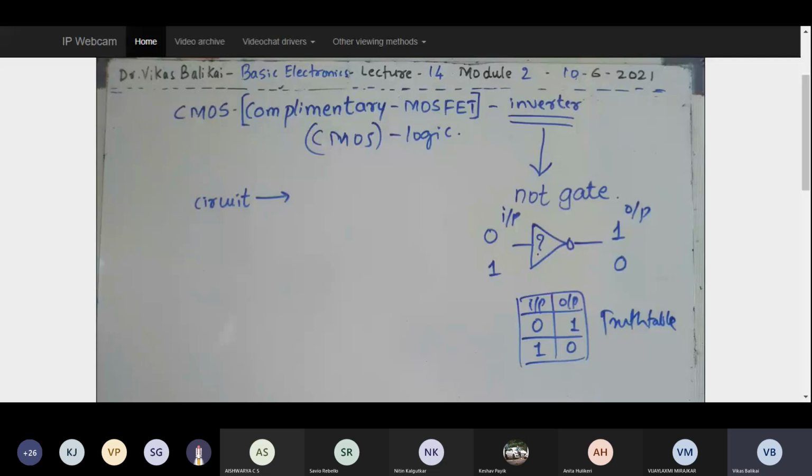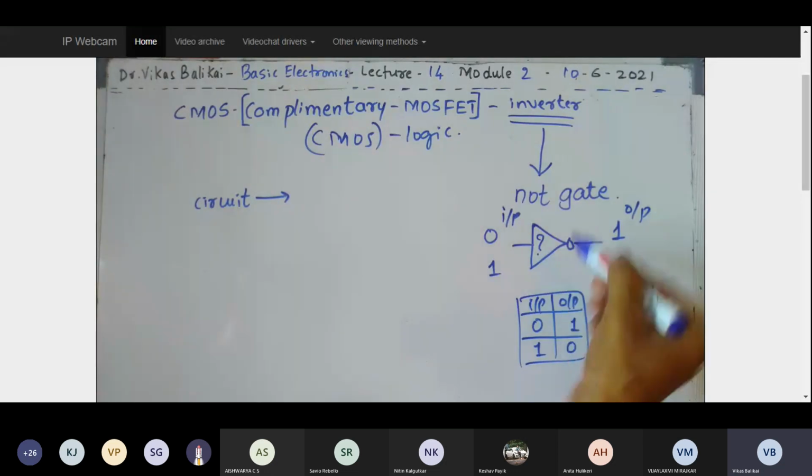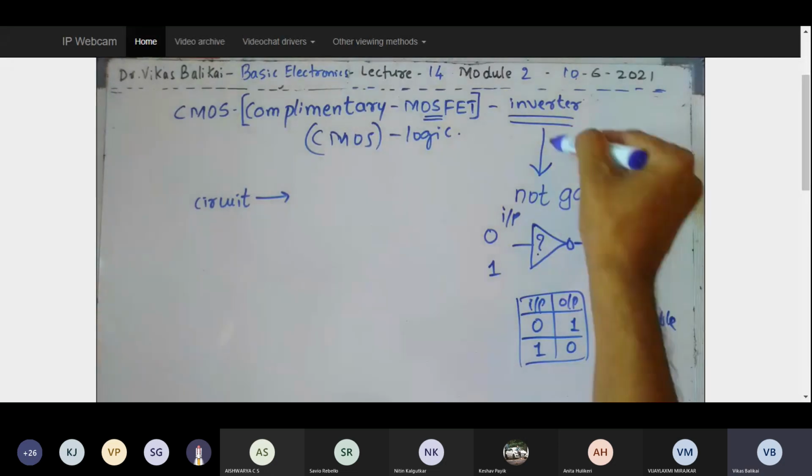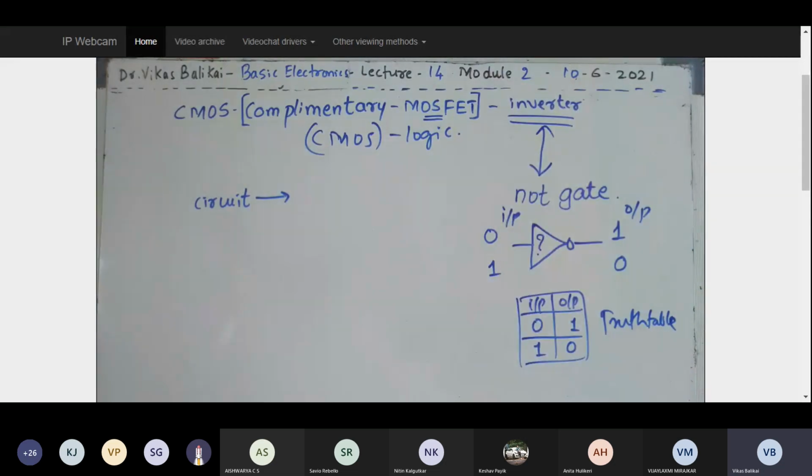So that internal circuit, or the internal logic, I'm going to build it now, and that is built using MOSFET. I can build it using a bipolar junction transistor also. I can build it with any other transistors also. Building the NOT gate, or the inverter, using different varieties of transistors will lead to different logic. If I build the NOT gate using BJT, that will be called BJT logic. If I'm building my NOT gate or the inverter using MOSFET, then it is called MOSFET logic, or specifically, I am calling it complementary MOSFET logic.